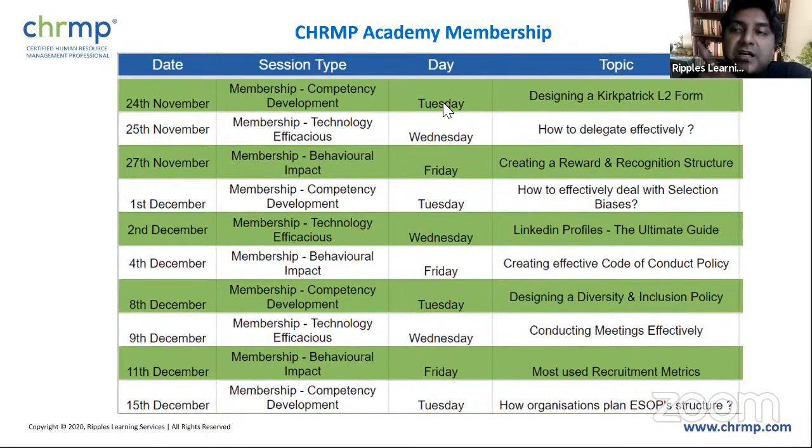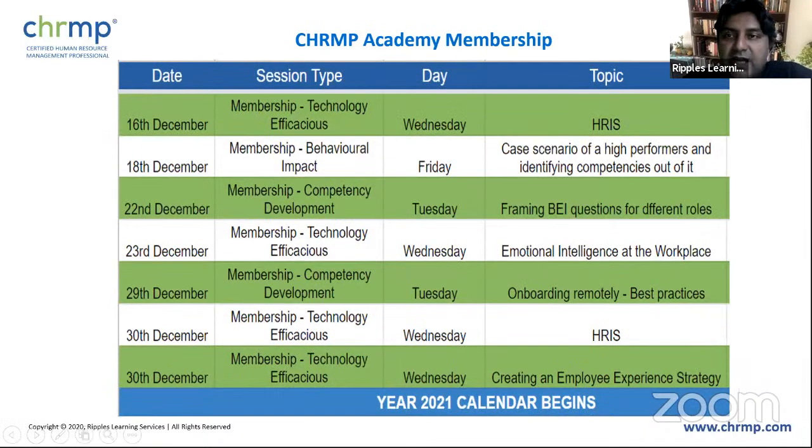So for example, we talked about culture, and diversity and inclusion is something which is impacting culture, right? And we talked about metrics. So this is data and analytics. And when we talk about MIS reporting and Kirkpatrick L1 and L2 and other things, we are talking about this in terms of technology, right? All of this, and currently the calendar for Jan, Feb, March, April, May is not out. But if you look at this, we are covering the best of elements, right?